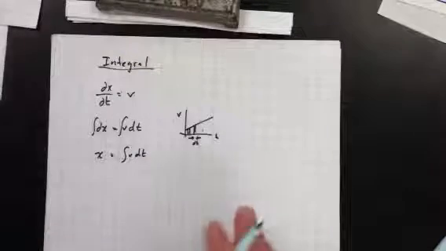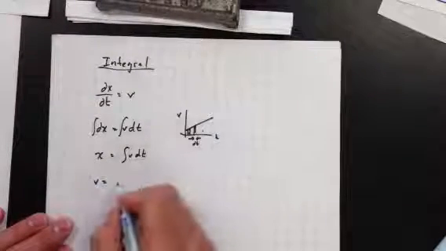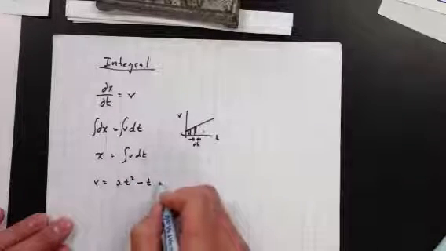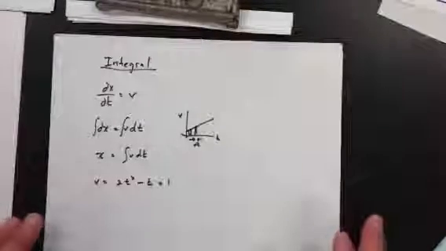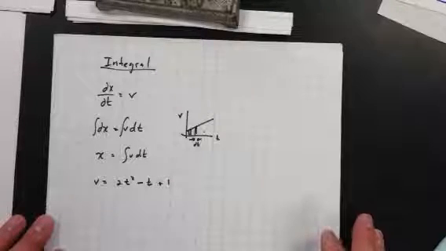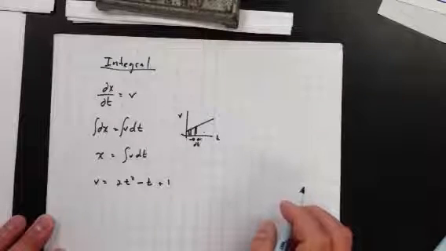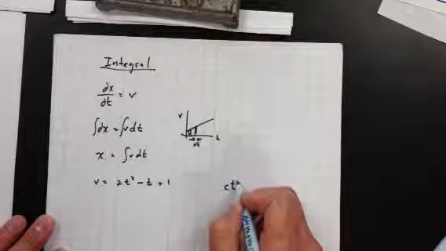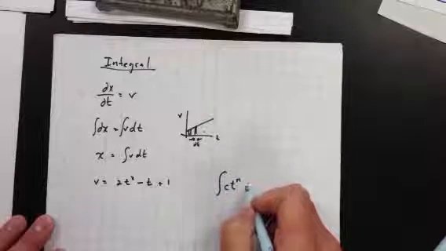Okay? So what you'll be given is a velocity function. V is equal to 2t squared minus t plus 1. Similar to a derivative, we would have a specific type of formula here. For going from velocity to position, we would have some constant times t to the nth power. Now if we take the integral of that with respect to t,